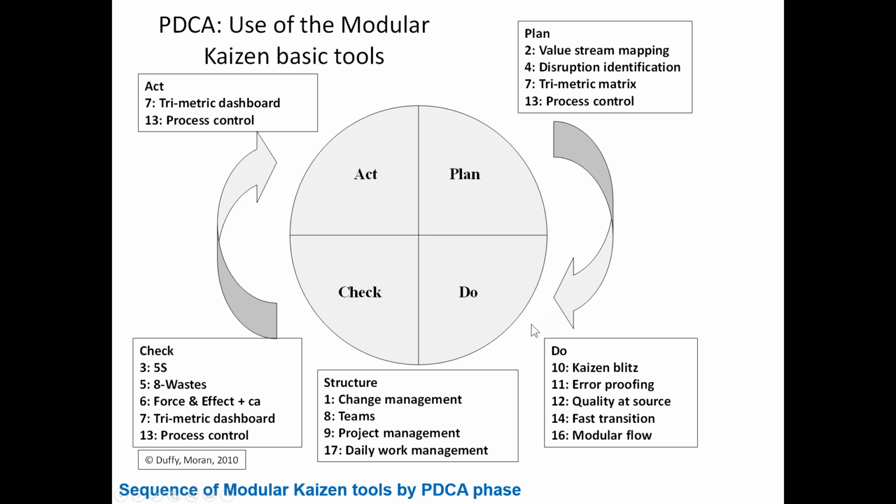Then we're going to transition down into the do or the pilot phase. Here, if you are absolutely at wit's end, the Kaizen Blitz is going to be in there. Certainly you want to look at how you're piloting for error proofing. Certainly you want to start your improvements with quality at the source. You don't want to just fumble through it. Fast transition, you want to set up your teams and your project activities and the process tasks so that you can move quickly from one to the other. And then you need to modularize them as in as small an orientation or configuration as you can. Then we come over here into the check phase.